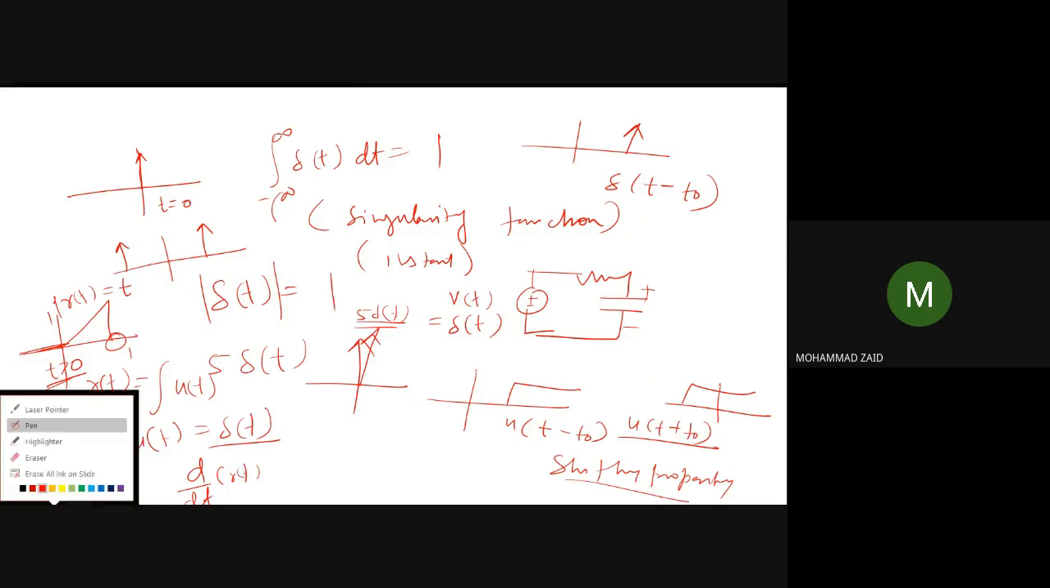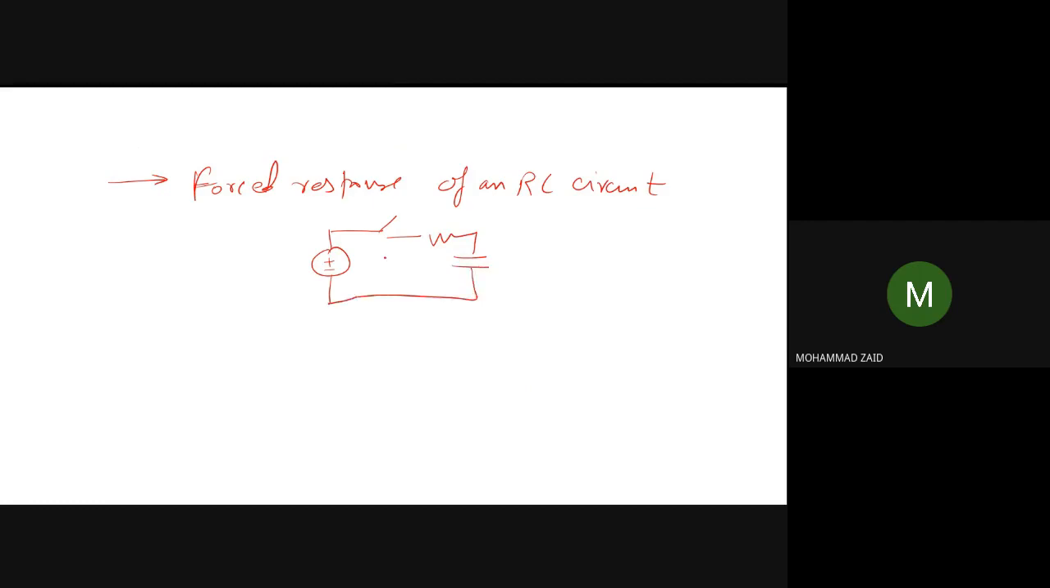Okay, so with this background, we can start today's discussion. Today we will be discussing mainly the forced response of an RC circuit. That means we will be permanently attaching some kind of voltage source to an RC circuit after the switch is closed at t is equal to 0. That means the voltage across the capacitor will now consist of two terms. One is the transient,